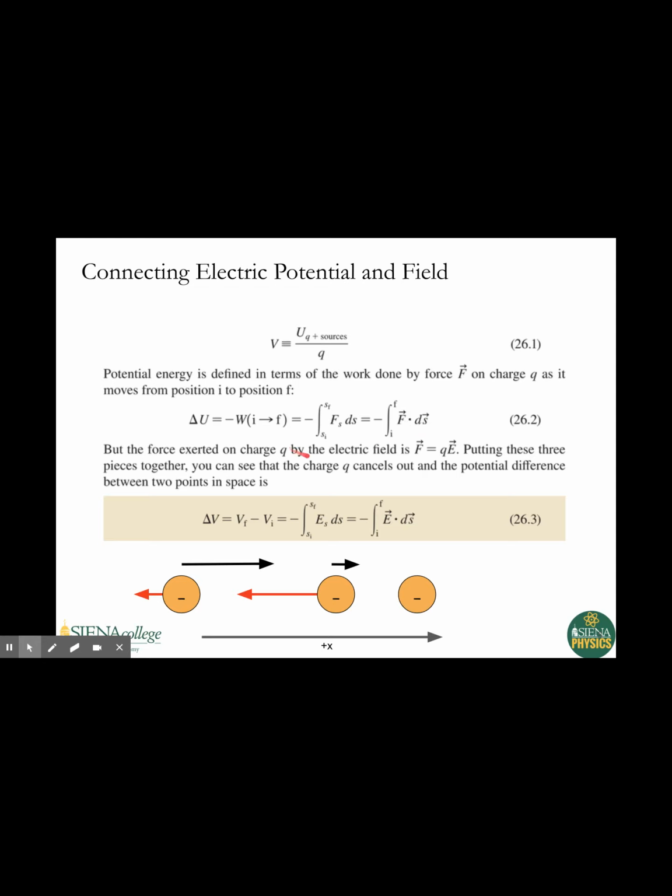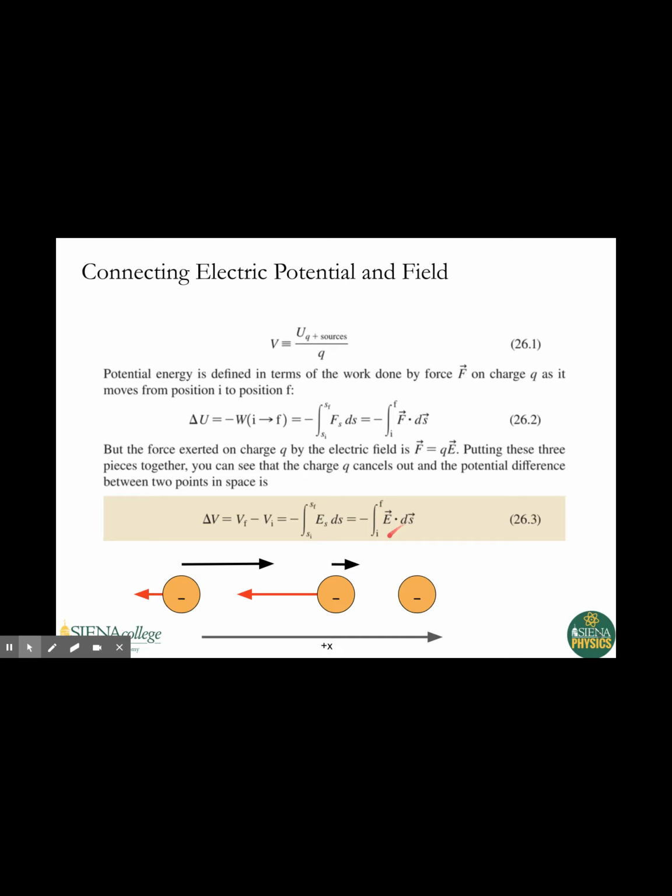Also remember that the force exerted on a charge Q by the electric field is F equals Q times E. So if we put these together, we were starting here with my delta U. If I want to calculate V, I know that V is equal to delta U over Q. My delta U is the final potential minus the initial potential. If I substitute in here, this is equal to QE, but I'm dividing by Q, so I just get E here. So I'm going to have E ds, and going from initial to final position,